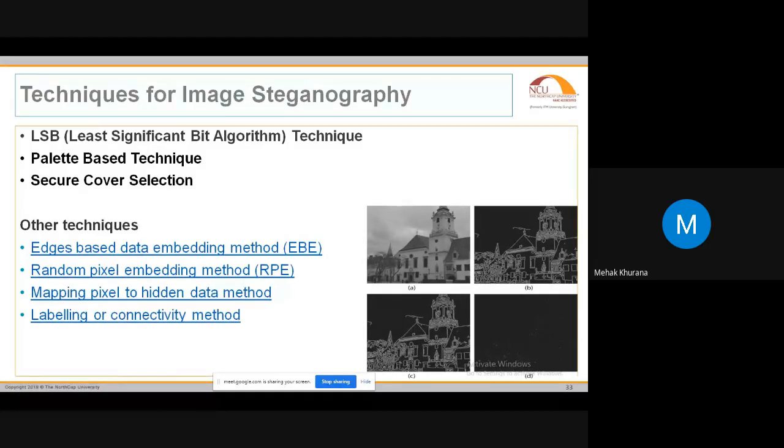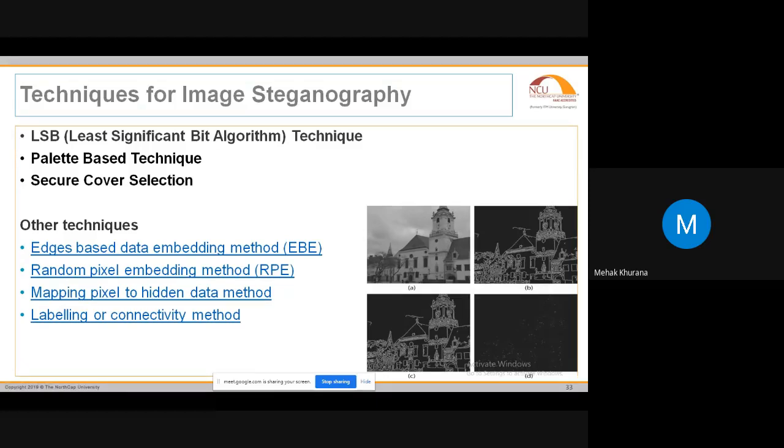And other techniques, for example, these are the links that I've shared. You can also click on these links and read the papers. These are some of the papers of IEEE Xplore and IEEE Transactions, which have shown how we can hide the data inside the images. For example, I've shown only one of the images on the right hand side for the edge based method. It says that you can hide the data with the help of your intensity also. You can hide the data inside your noise also. You can hide the data inside your redundant bits also, or in the least significant bits also.